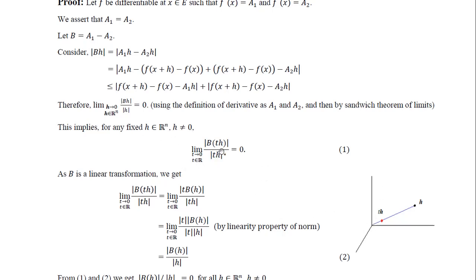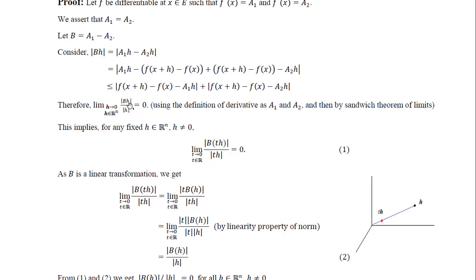But in particular, instead of any h, we are putting th, which means scalar multiplication with h, where t is simply a real number. Here we were considering h, a vector in Rn, but instead of this, we are considering th. So h is a vector in Rn, but t is a scalar. If h is in Rn and t is in R, then th will be in Rn. So what we are actually getting from this is that the limit as t tends to 0, where t is a real number, of this is all 0.